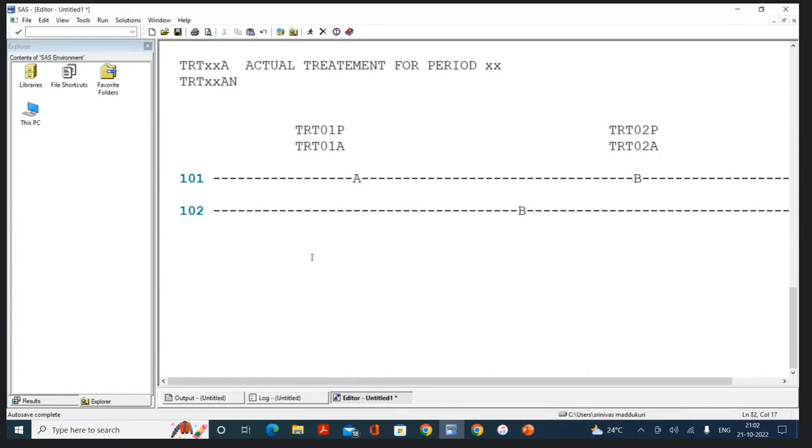Now, in Monday's class, we are going to start the programming for ADSL. It is a dose escalation study. You know what you mean by dose escalation? First I'm going to give 30 mg, and after a few days, 60 mg, and after a few days 120, and then 180, and then after that, 240. Now, how many treatments do I have? 5 treatments.